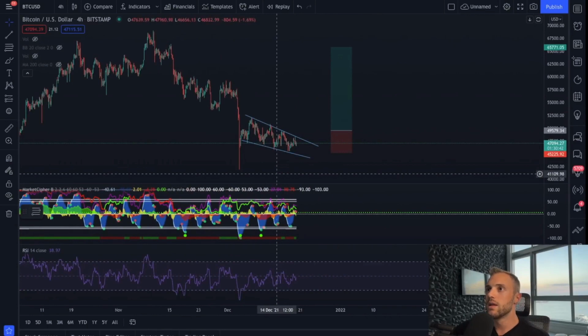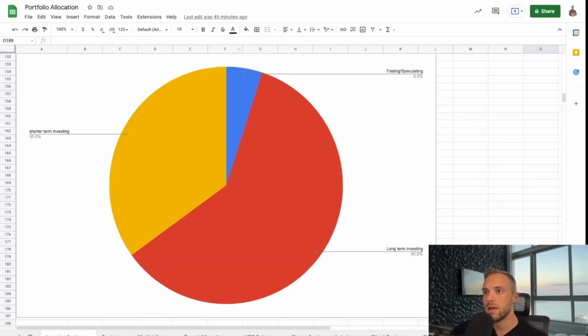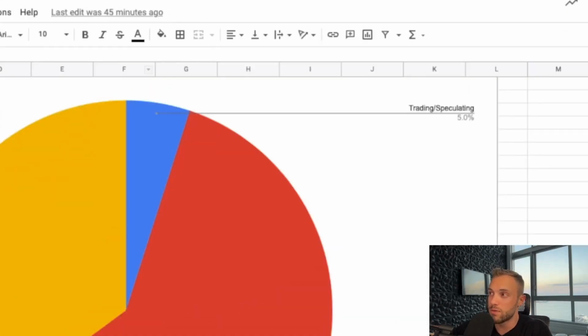All right, so let me kind of jump into this. Before I do, I think this is probably one of the most important things I can mention, is you need to understand what portion of your portfolio is actually going to be put into trading. So I'm about to show you a leverage trade. I allocate 5% of my portfolio right now for trading on leverage and speculating. So when I'm buying really small cap coins that are under a $50 million market cap, or I'm using leverage to trade, I only do that with 5% of my portfolio.